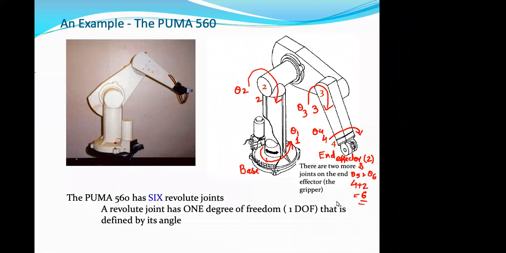So when we talk about the different robot parts, this is called the link, and this is called the joint. So basically, when we talk about the robot structure, the robot is made of joints and links, and all joints and links constitute the skeleton of the robot.